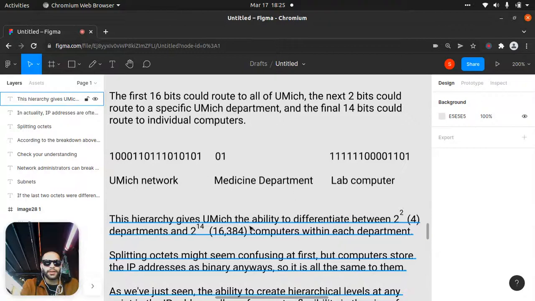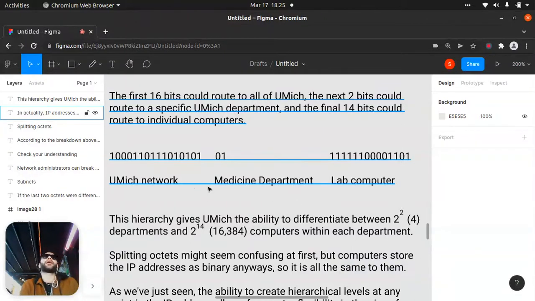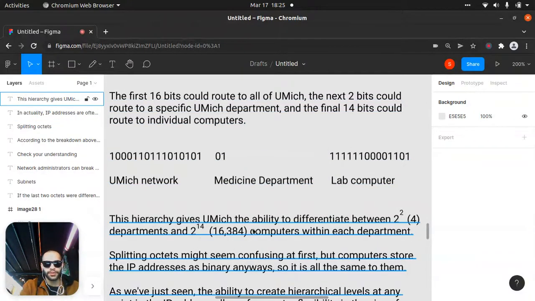This hierarchy gives UMIC the ability to differentiate between 2 power of 2 departments and 14 power of 2, which is what we're talking about here. So we have four possibilities here. It can be the medicine department, the computer department, and another department or office. But four things can be there. But here we have 14 power of 2, which is